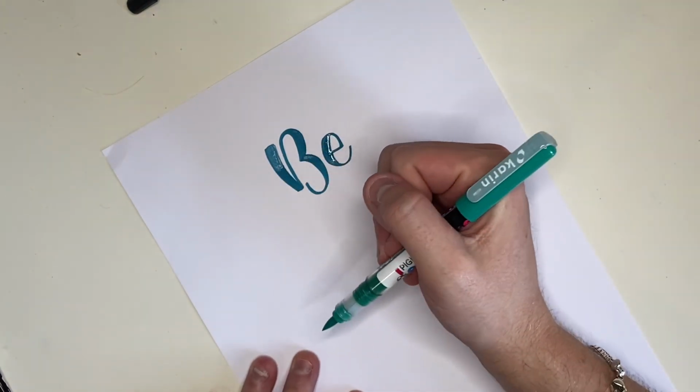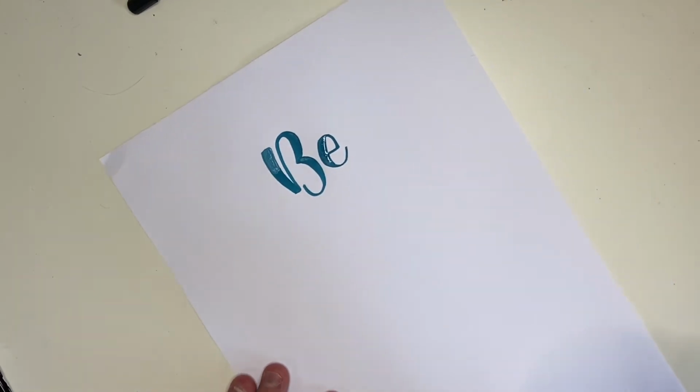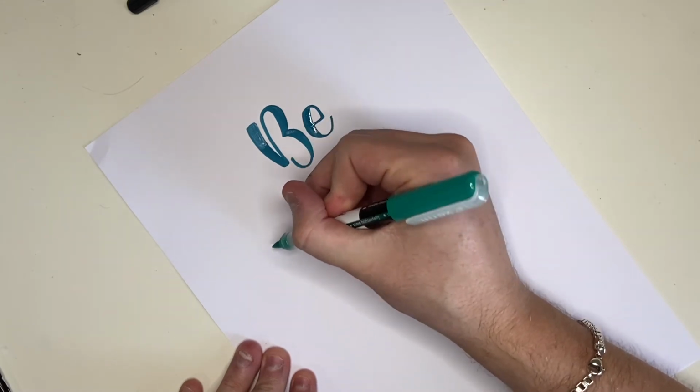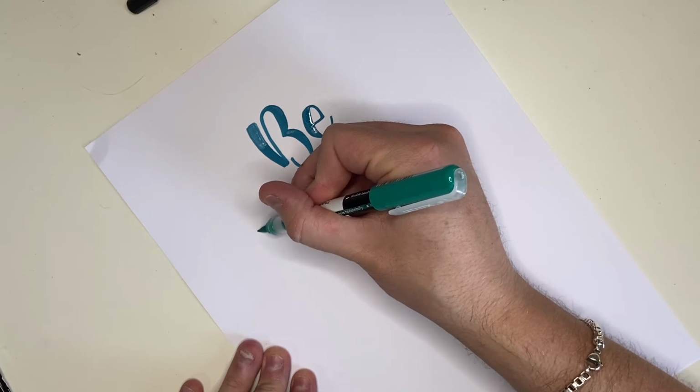So let's see, we're just going to wing this a little bit. Am I on screen? Yes, I am. It's very difficult with this stand. I really need to invest in a different way of doing it because I've no idea when I'm on or off, when I'm in or out of shot. Okay, so